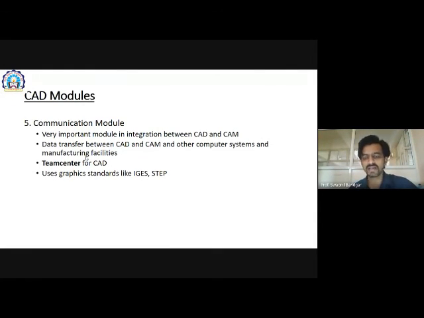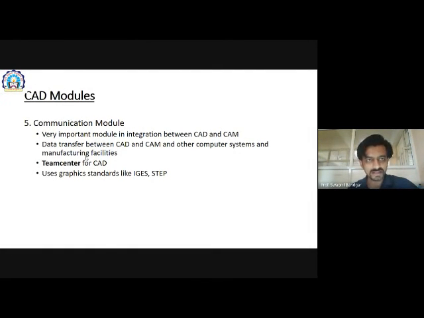So I have only a centralized computer, and all other machines will not have a computer or processor system, and that will eliminate my costing or my investment on the system. And more than that, I can edit the programs, I can control the other systems in real-time applications. Means work is going on there, and currently I'm looking at the system and I'm saying that no, this is not as per the requirement. So I can change the code, I can change the commands in real time.